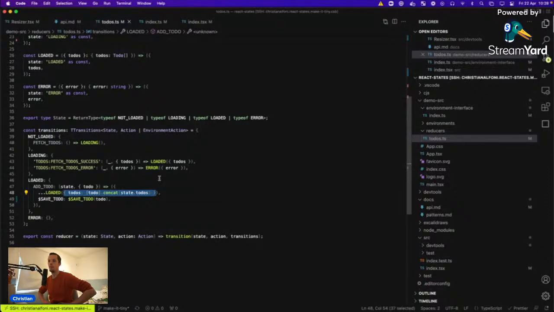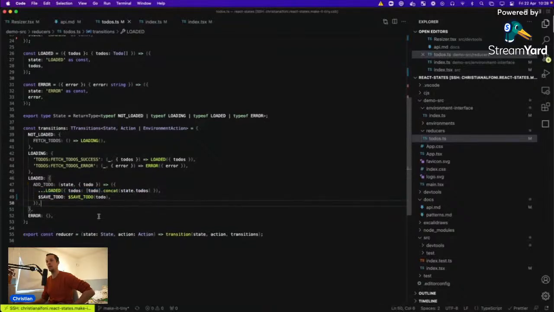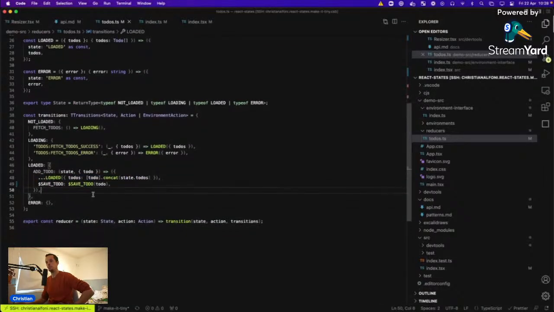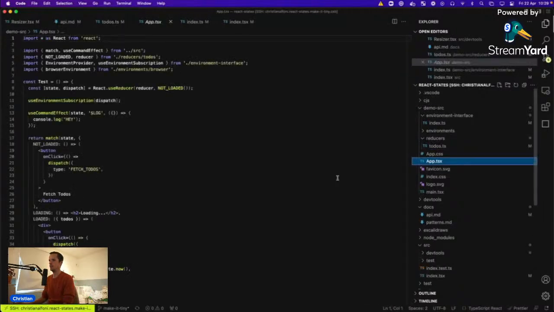And in this case, saving the to-do every time we move into the loaded state doesn't make sense. It's actually explicitly related to the action that we want to save to-do. It's not related to the loaded state, right? So that's why I'm doing this spread. And that means in the app, we don't do log, we do,